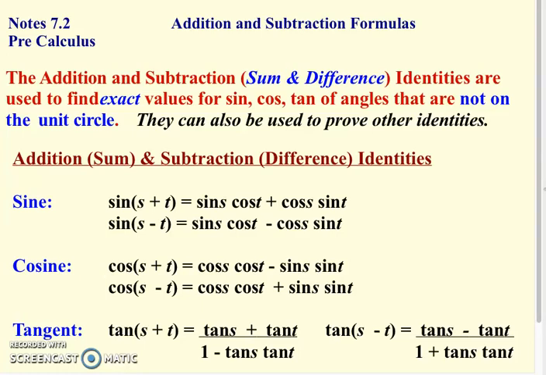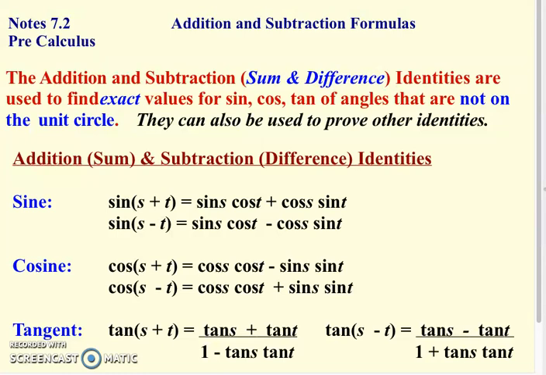Today's notes for 7.2 are going to take us to some other parts of your identity sheet. Particularly, we're going to focus on addition-subtraction formulas or addition-subtraction identities. So you might as well get your identity sheet out if you don't have it out already. And that area of the identity sheet, or what those identities are for, is to evaluate angles that are not